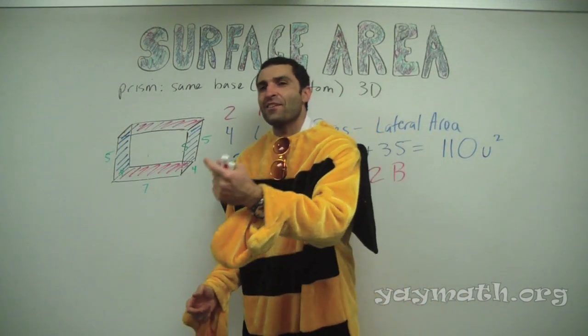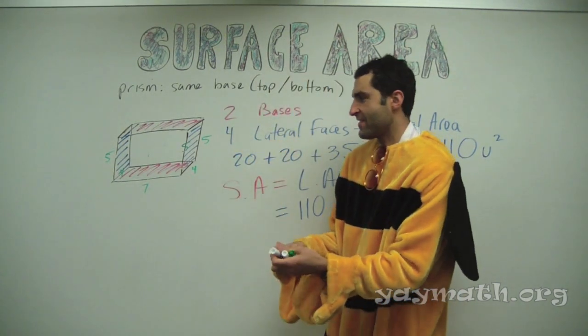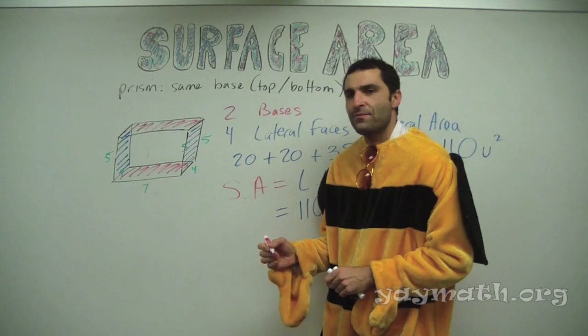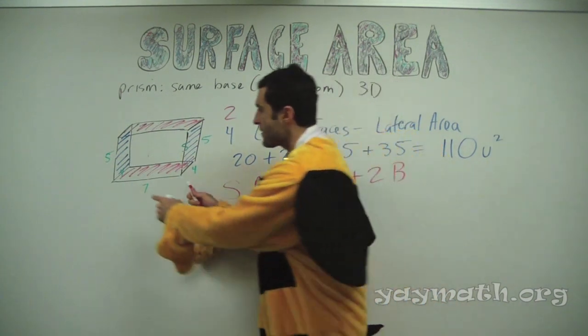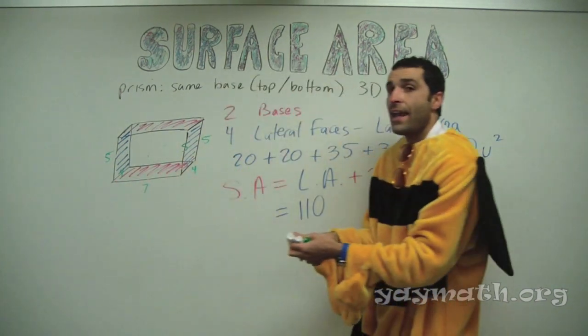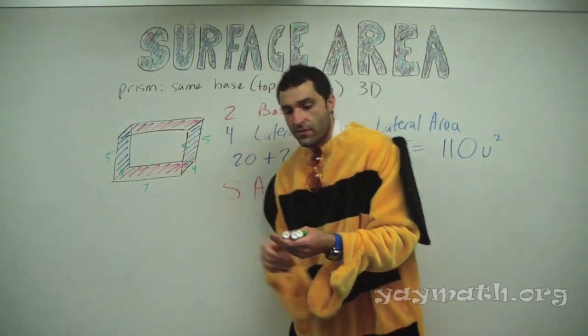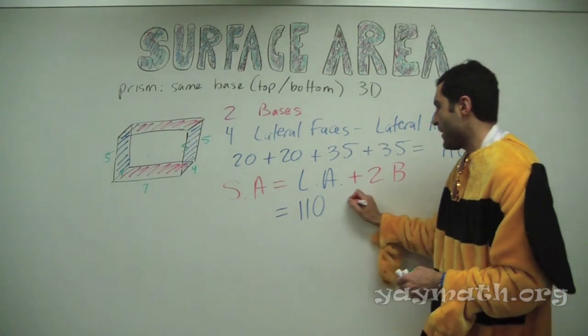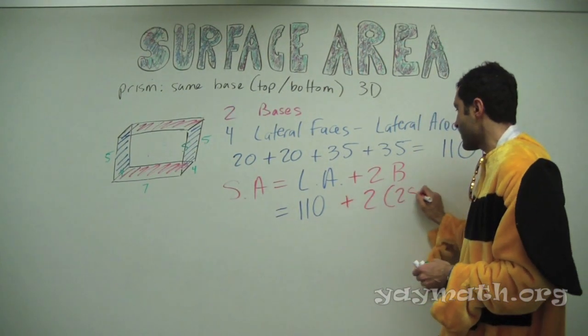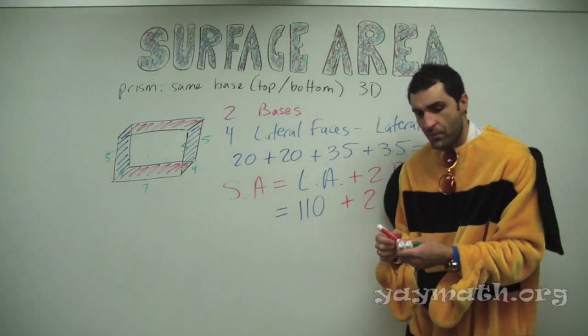All right, go ahead. It's 7 by 4, because base 7 times height 4. Thank you, 28. You're very good. 7 by 4 is 28. So do you agree that this is 28 and this is 28? The 2 bases are 56. Agreed, so 2 times 28. And we're going to be done with this particular surface